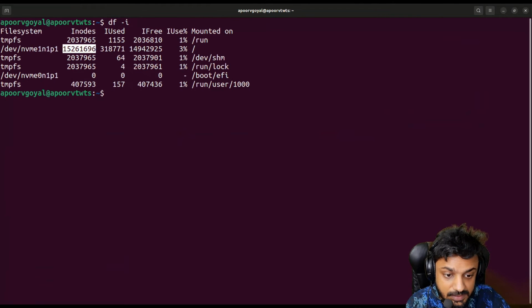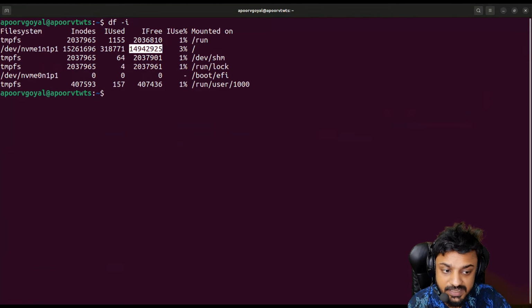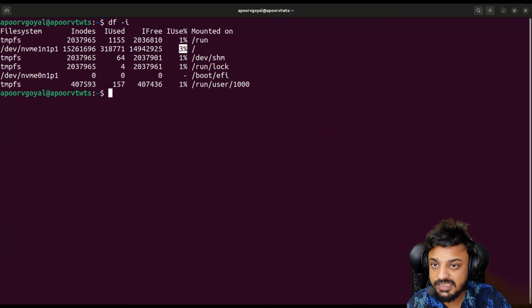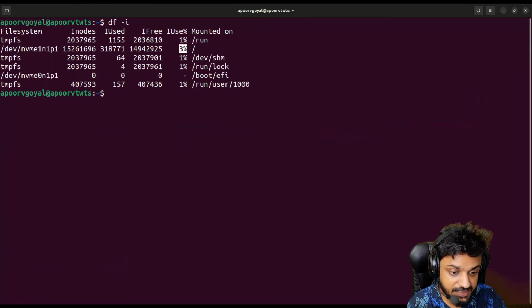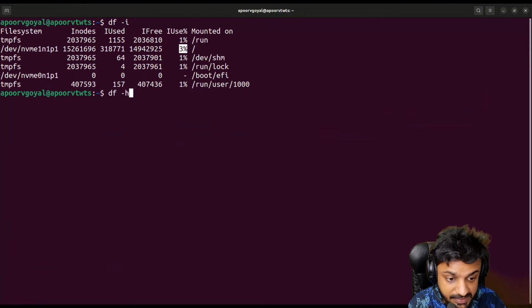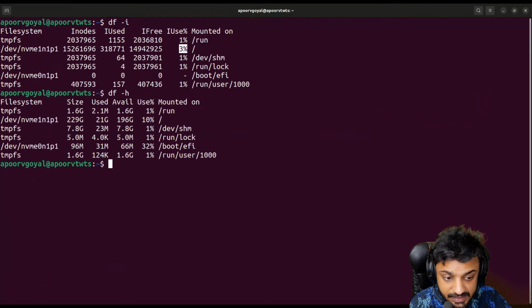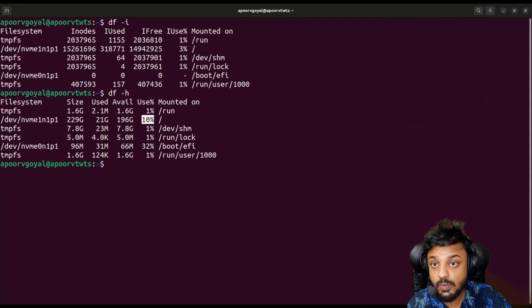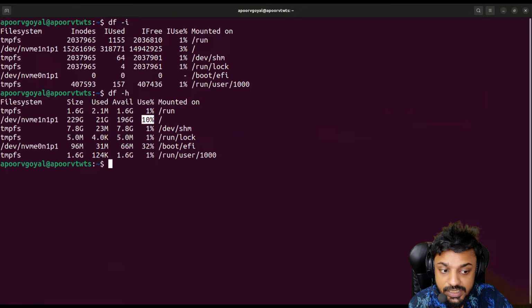about 15.26 million. It says that I've used about 318k out of it, and I have about this many free, and I've utilized about 3% of the inodes that I have. Earlier when I ran df -h, it showed me that I have used about 10% of the storage of my disk, but I have only utilized about 3% of the inodes,